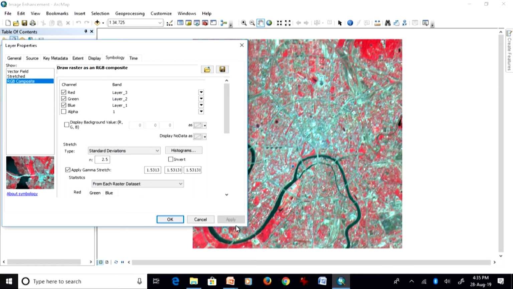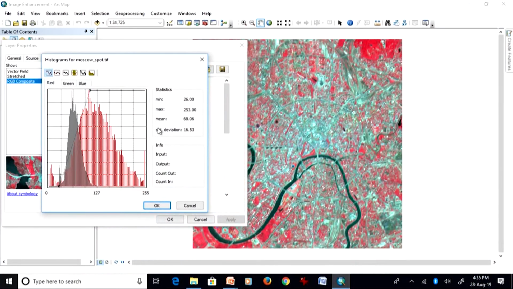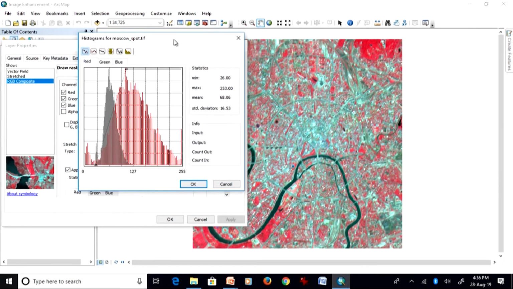But this demonstration is only for that particular image. If you change the image, you may not get the same result, because it depends basically on the input histogram. See, after a stretch, when you press this histogram, now both histograms are displayed, and that tells the entire thing which has happened during this stretch.